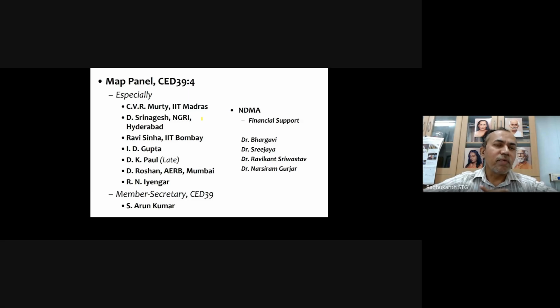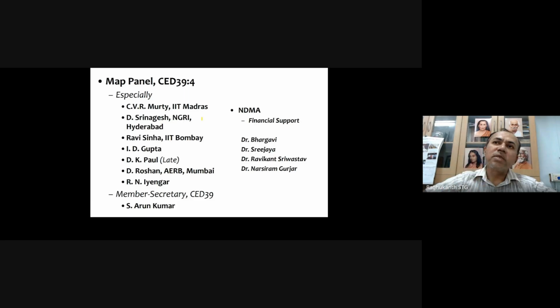We had meetings every week, and many questions were answered, and then finally we brought out this zone map, and finally Arun Kumar, he is the member secretary for this one. Of course, this project was funded by NDMA for financial support. NDMA has given us two projects actually. One project was done in 2008, when that zone map was done. After that, DST also gave us one more project to develop this displacement hazard. Then the third project was given by NDMA itself. So the output of these three projects is this zone map.